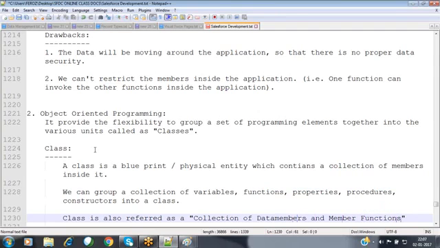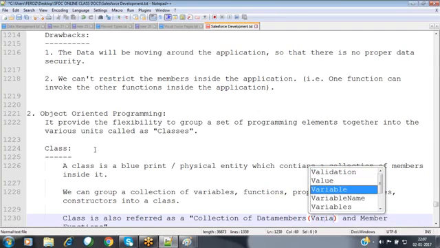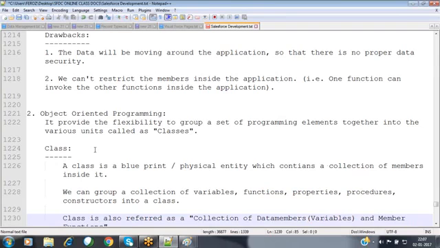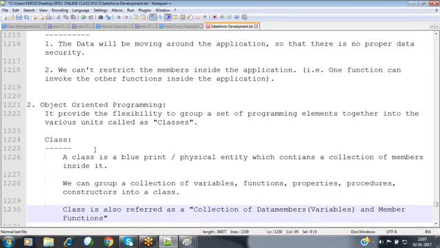Data members means variables. And member functions mean the procedures, functions, or properties. We group all these things into a single independent entity called a class, like grouping variables, functions, properties, and procedures into the associated class.